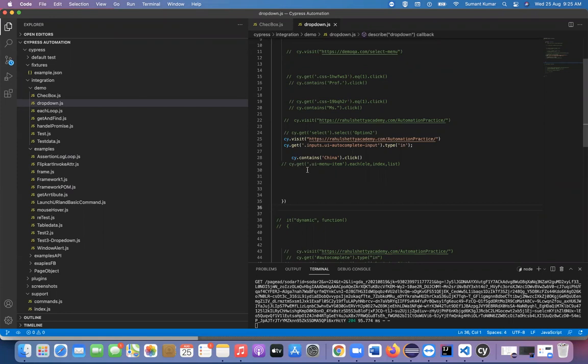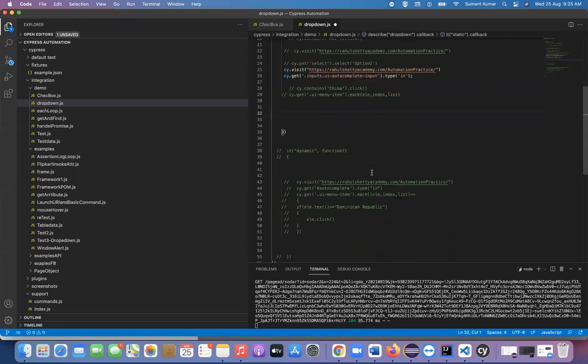So let me first write the exact syntax, and then I will explain why the issue is here and why it is able to select with the for loop. So instead of this one, I will first comment this, and here is the syntax, like this one we can use.